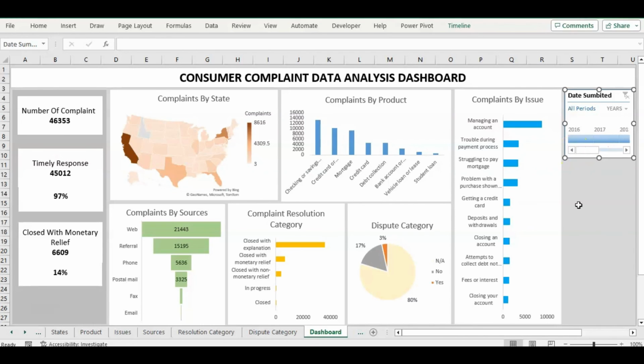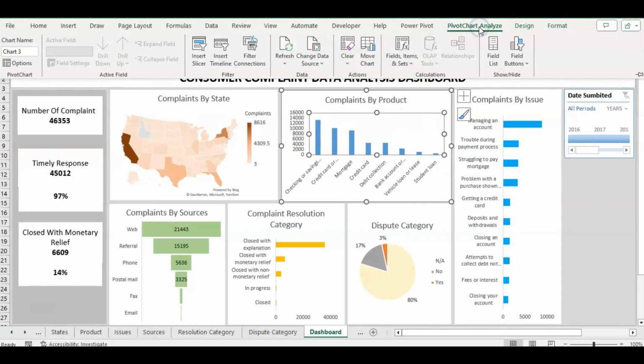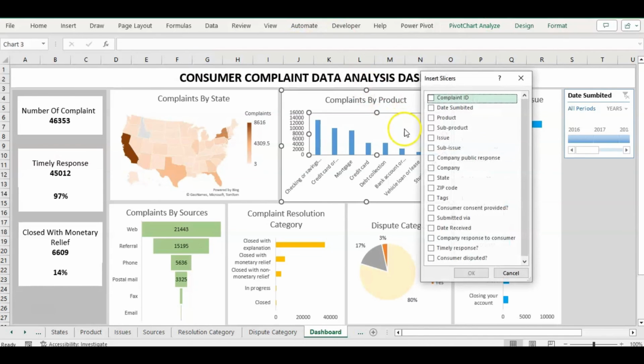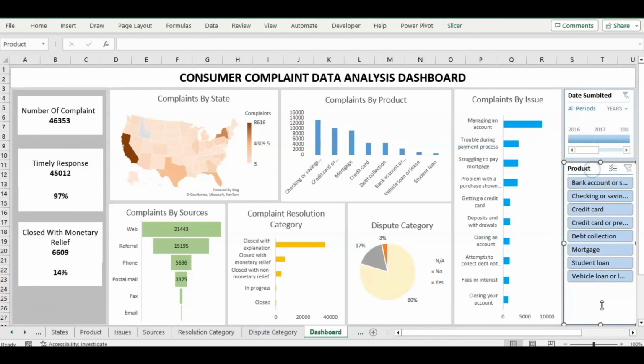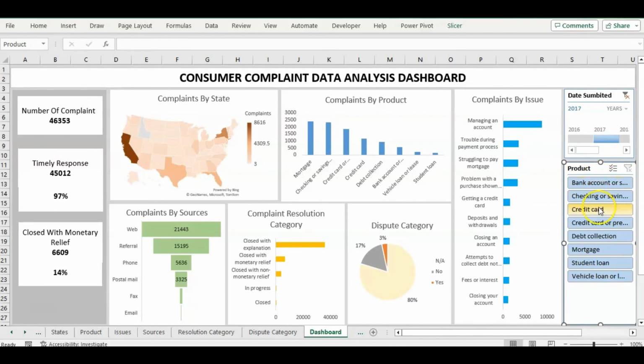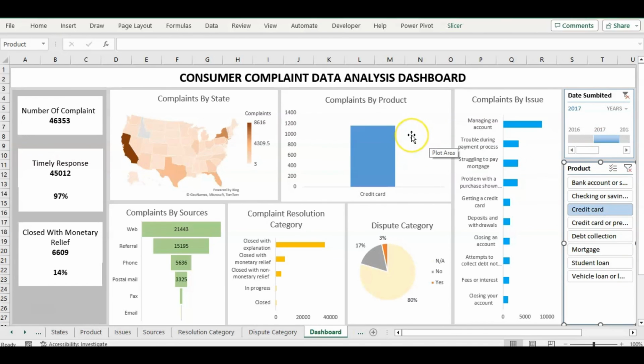Similarly, let's bring the slicer. For that, select any chart, then go to PivotChart Analyze, then insert slicer, select the product column from here, then click OK. Then let's adjust the size over here like this, and it's done. Let's select 2017 from here and credit card from the slicer. You can see only the complaints by product chart is changing, but all the other charts and